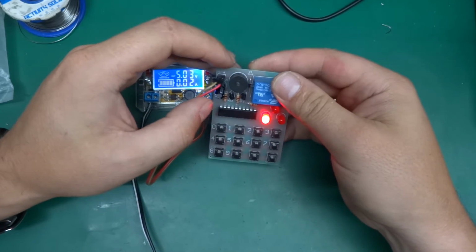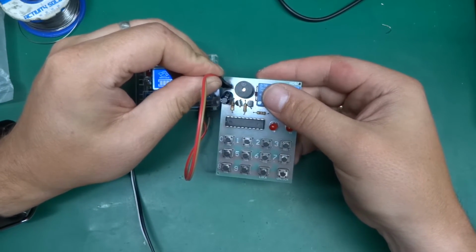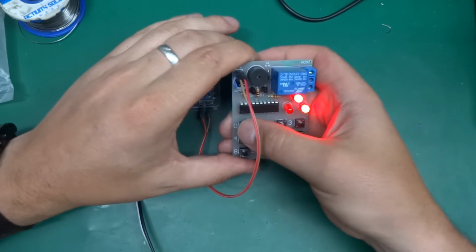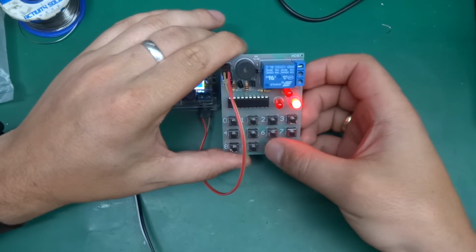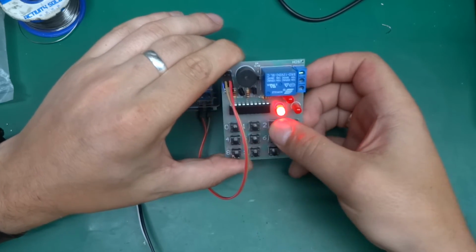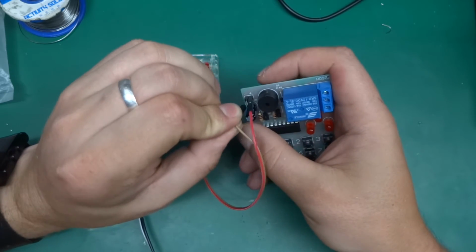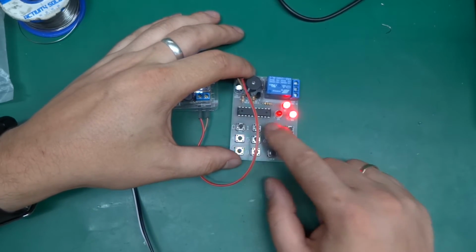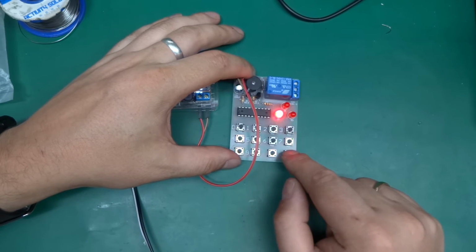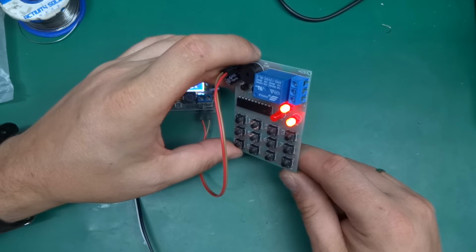What have I just entered? Oops. So if I remove power, it's unlocked. So it's not a very good lock, this, because if I remove power...